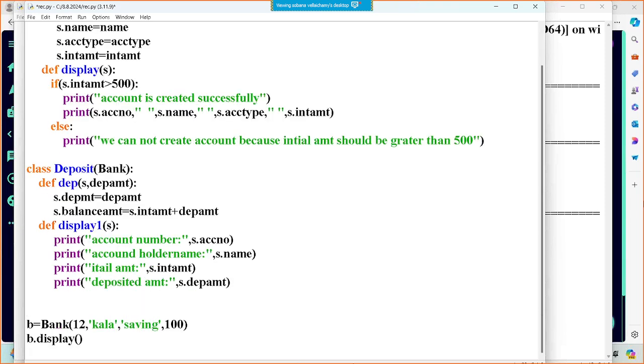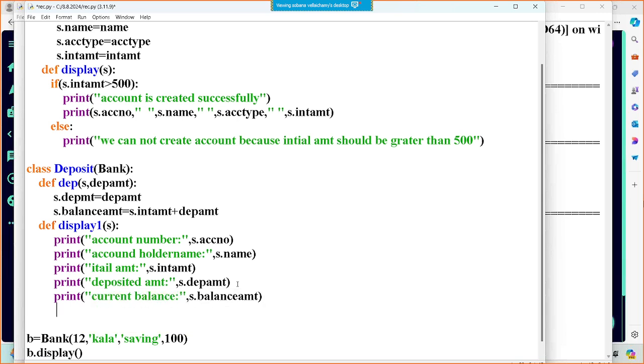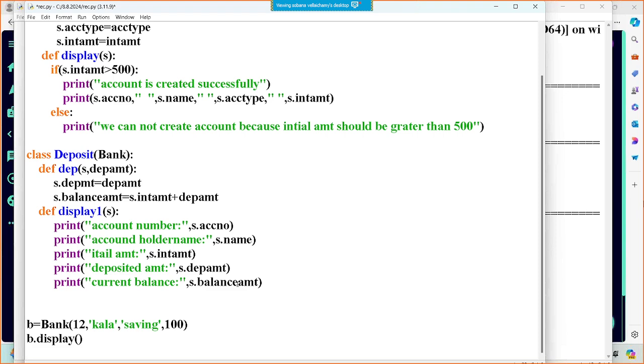Deposited amount. So what is the current amount here? Yes, sorry. Print current balance. The balance amount of current balance amount, S dot balance amount. Okay. So now I'm going to call my function. So we have to create a deposit class